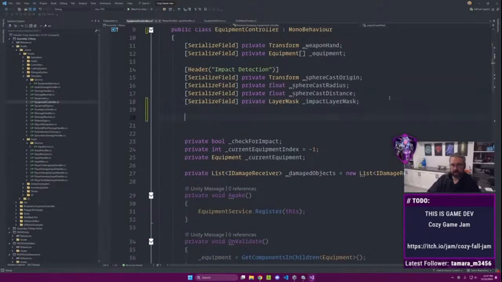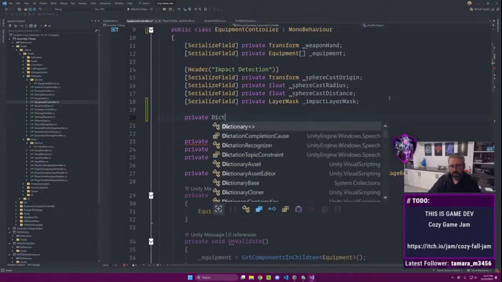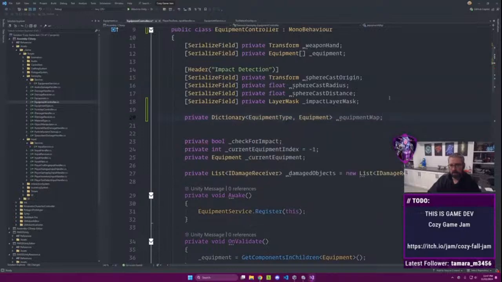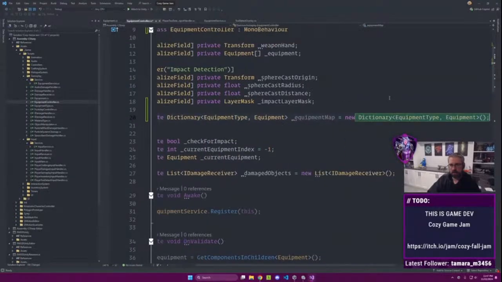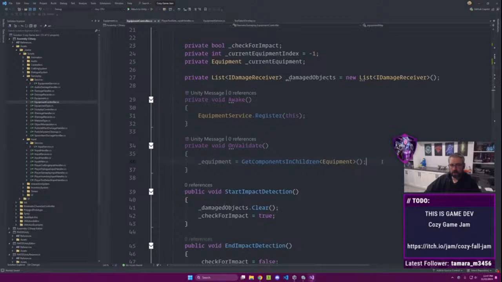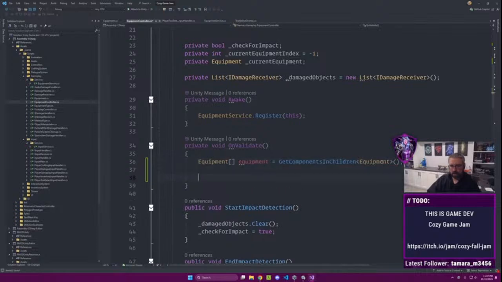Let's actually make it a dictionary. Private dictionary equipment. So we're going to get all the equipment array, and for each...